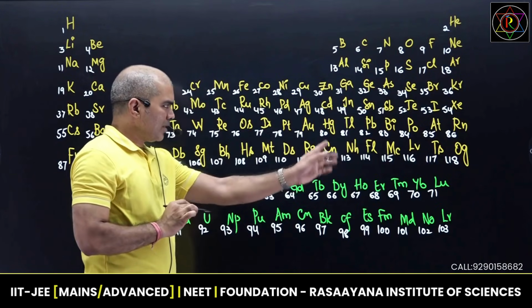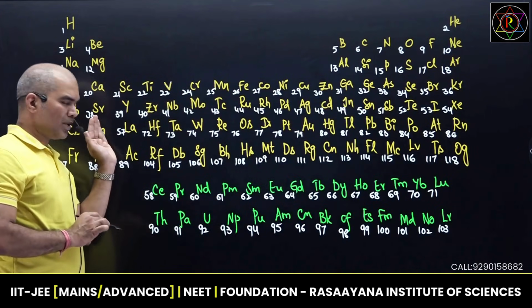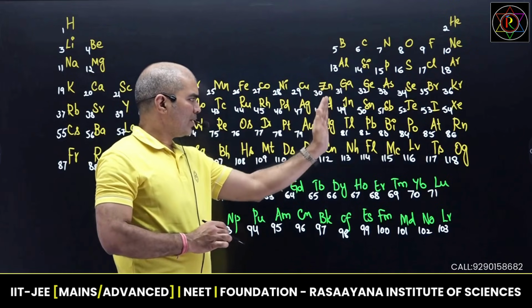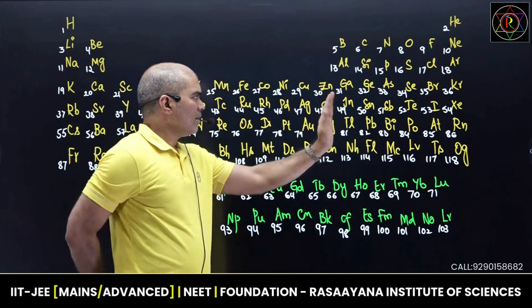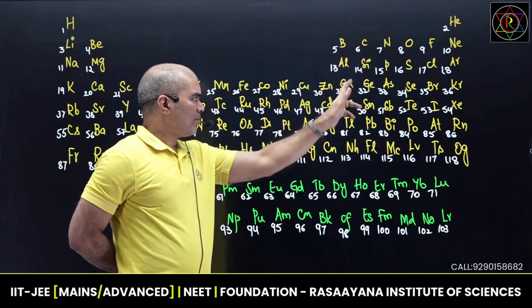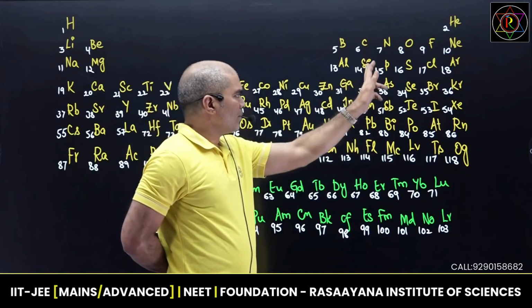So up till this level D block elements are completed. First group and second group, they belong to S block. Now from here to here, 3rd to 12, it is D block elements. Later on, let us study about the p block elements: boron, aluminium, gallium, indium, thallium and nihonium; carbon, silicon, germanium,